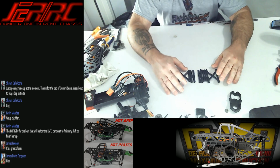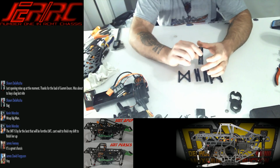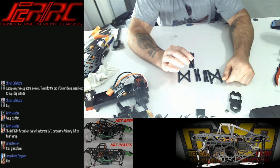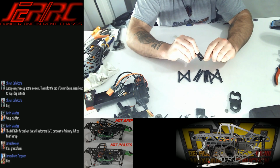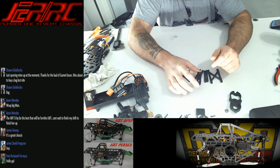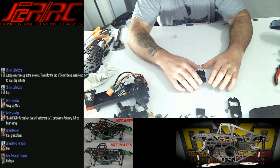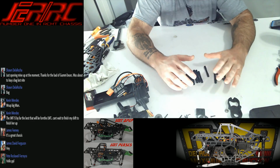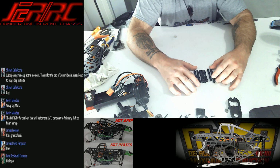Alright, so back to the chassis. Sorry, I said I don't do anything scripted, but you're going to get some cross supports for the shocks. They have little notches in them. That's where the provided M3 nylocks go into to actually hold the shock or give it extra strength and stability. Other than that, like I said, you'll get several of these cross supports. You can put them wherever you want, as long as you don't want them to interfere with the overall